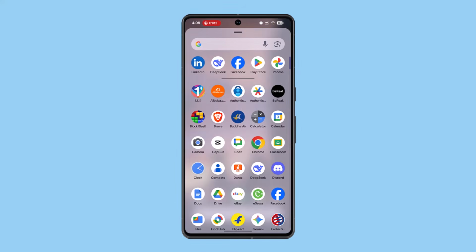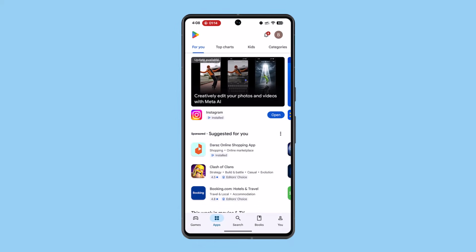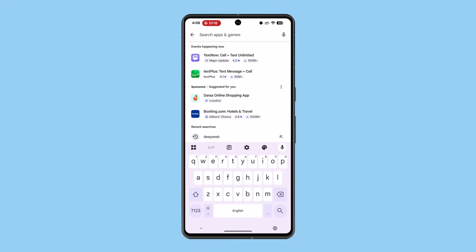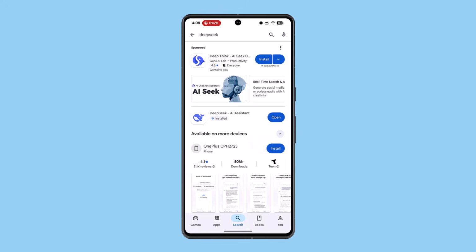Next, you could also check for an update. If you're using an app, then it could be due to an outdated version. So tap the search bar, type in Deepseek, and make sure to update the app to the latest version. Despite doing all this, if nothing works out, then the last alternative is to either contact support or